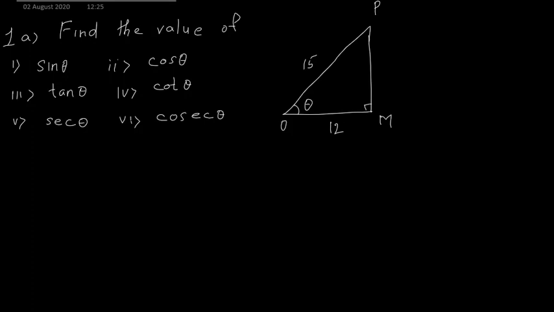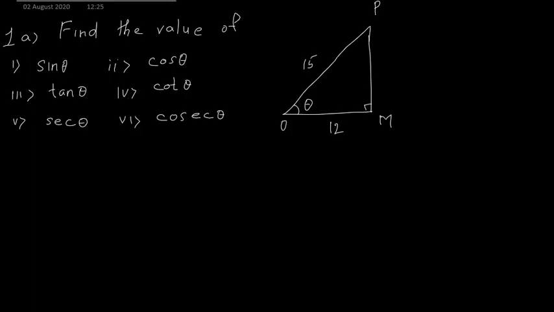Okay. Now before we find all the ratios, in this right angle triangle, we have to first find the value of PM, as this PM is not given. You all know what trigonometric ratios are. They are nothing but ratios of two sides of a right angle triangle, whether side opposite to angle upon hypotenuse, or adjacent to angle upon hypotenuse, or opposite to angle upon adjacent side, like that. Okay, so there are 6 different ratios that we have to calculate, and here in this problem they have asked us to find all the 6 ratios.